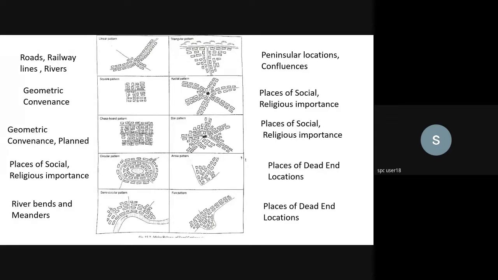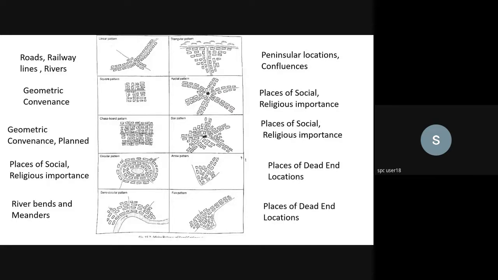People from all directions want to flock to the center of that particular location, and that is why it has to be a place of religious importance and social importance. Social importance I would refer to in the older periods in history, wherein you have a fort in the center, or you have the house of the headman at the center, who could be very helpful and has a lot of name in that local area. So people from local and other areas would be coming to the center as such.